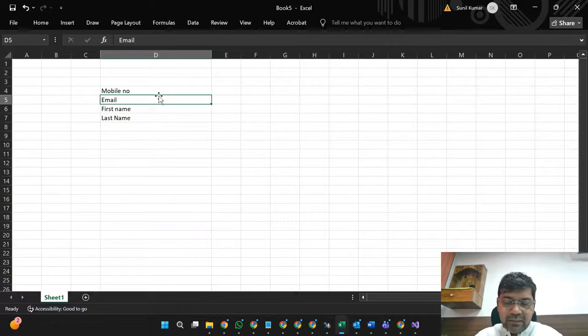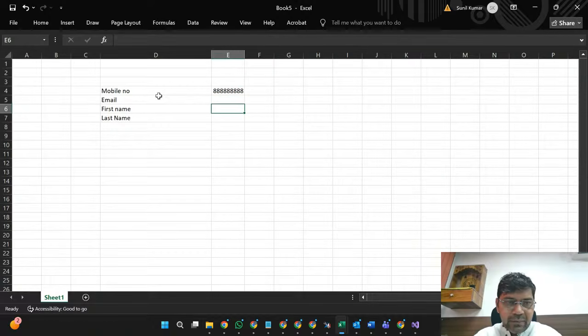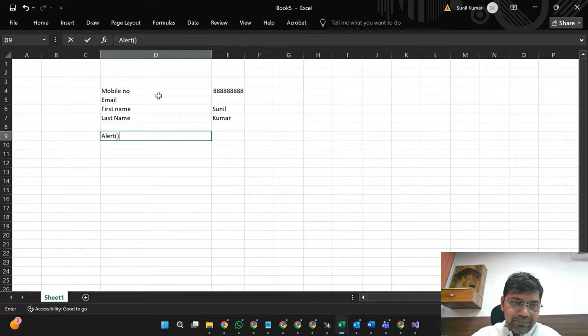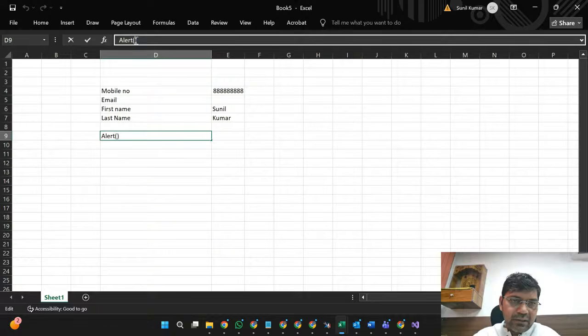How to do that activity? Suppose mobile number is there and it is a proper mobile number, but you don't have last name; you have first name and mobile number. In that case, what you have to do is showcase an alert message and skip this request. What should be the alert or notification?